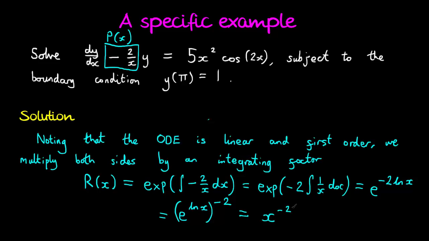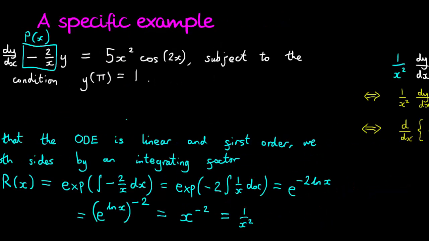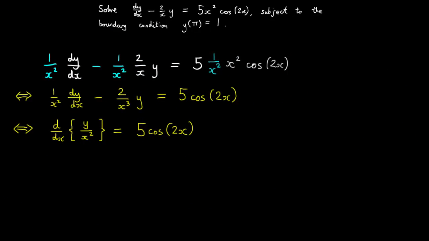So x to the minus 2 is going to be our integrating factor. R of x is equal to x to the minus 2, or in other words, 1 over x squared. So our next step is going to be to multiply both sides of the differential equation by 1 over x squared. So if we do that, then we end up with